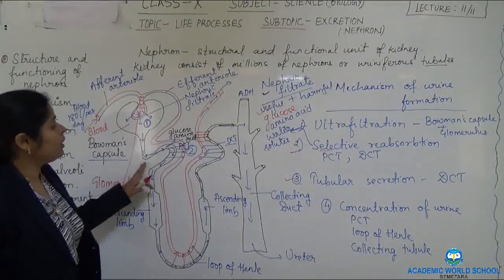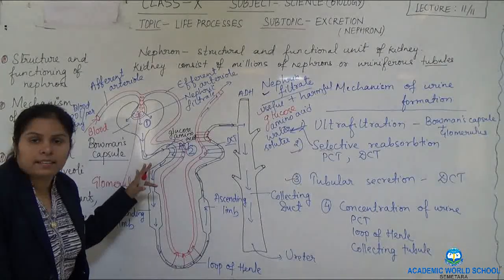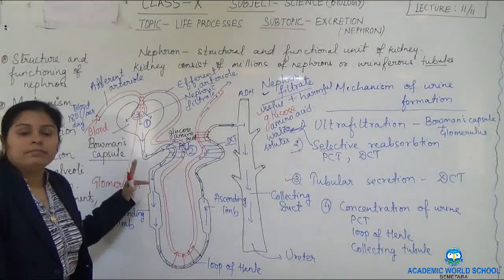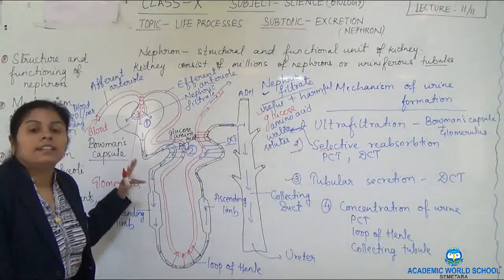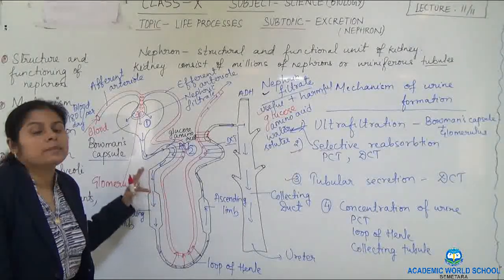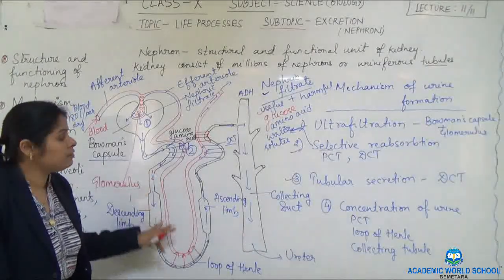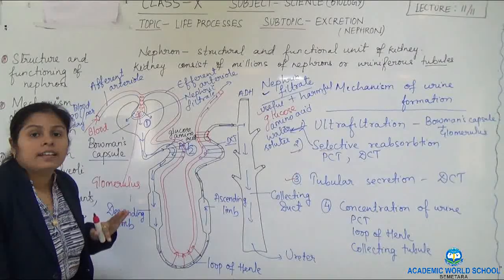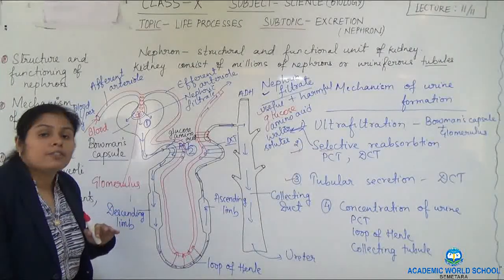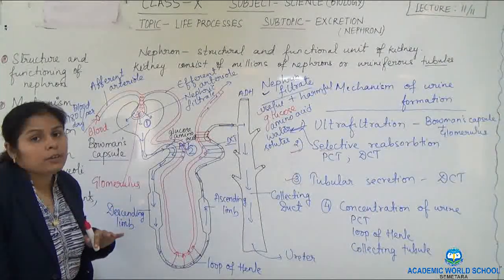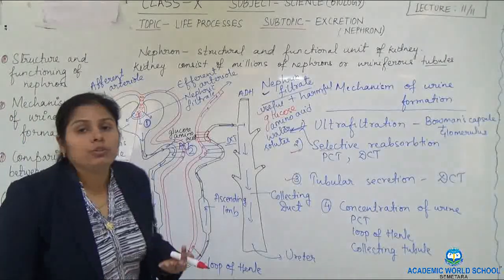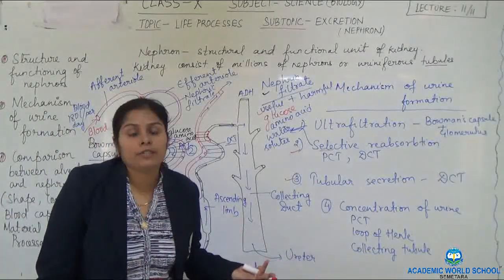Now you might be wondering how many nephrons might be there inside the kidney. Just in the beginning I told you that there are millions of nephrons present inside the kidney where this filtration work is going on. The blood consists of both useful and harmful material. The body cannot afford to lose the useful material always from the body.